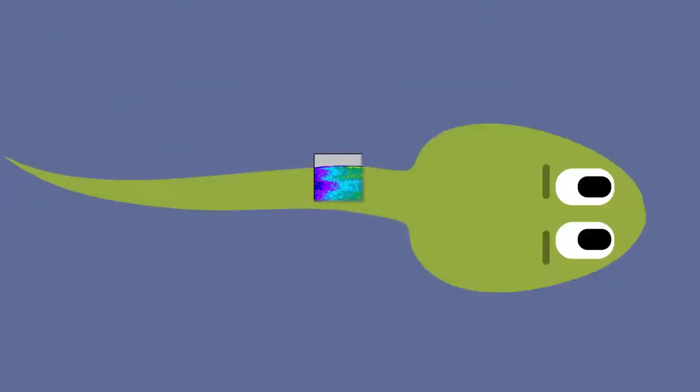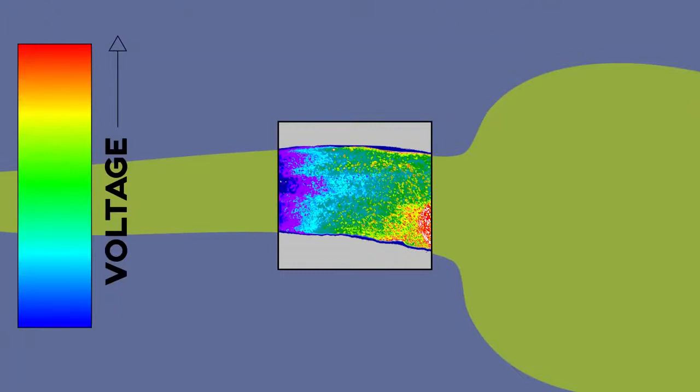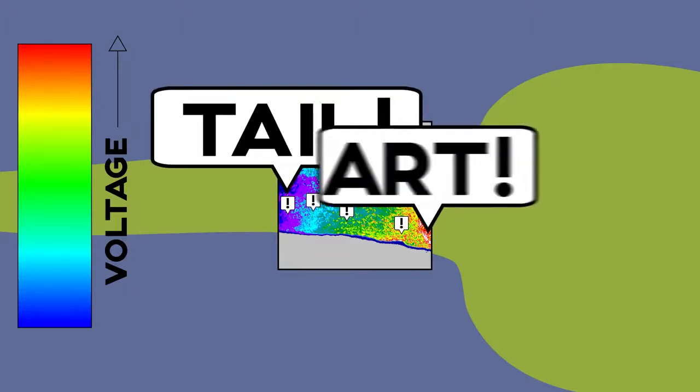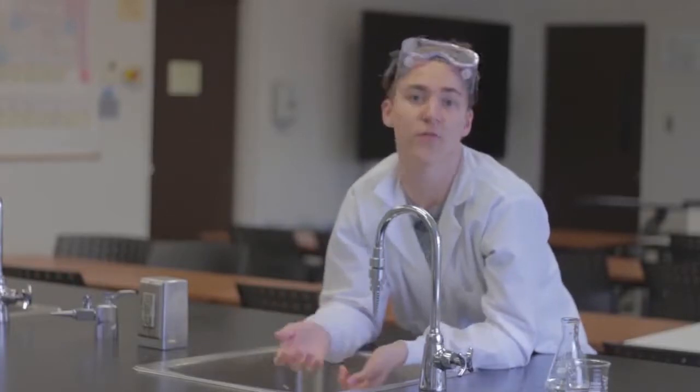Here's a tadpole stained with a voltage-sensitive dye. The cells are telling each other what to make and where to make it. The lower voltage areas might be signaling that a tail has to be there, and the higher voltage areas might be where a heart is being made. These electric patterns represent and store structures in the same way that the brain stores memories.